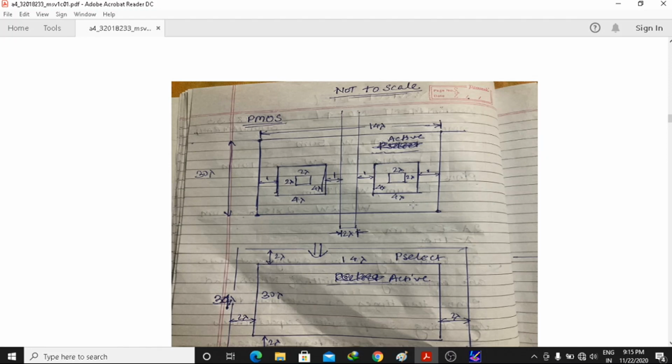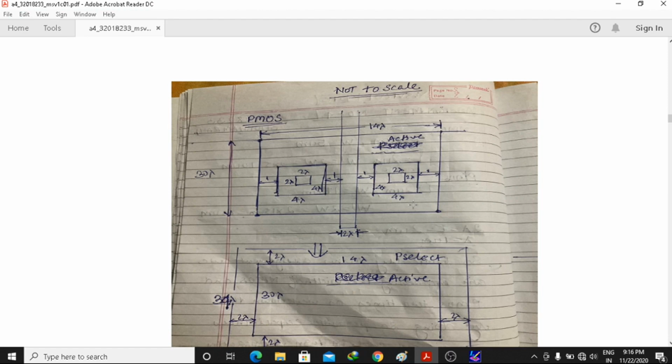But if after some time the length of the transistor, 2 lambda, becomes 0.25 micron, then the value of lambda will become 0.125 micrometer. So these lambda rules are basically device technology independent, feature size independent parameters.